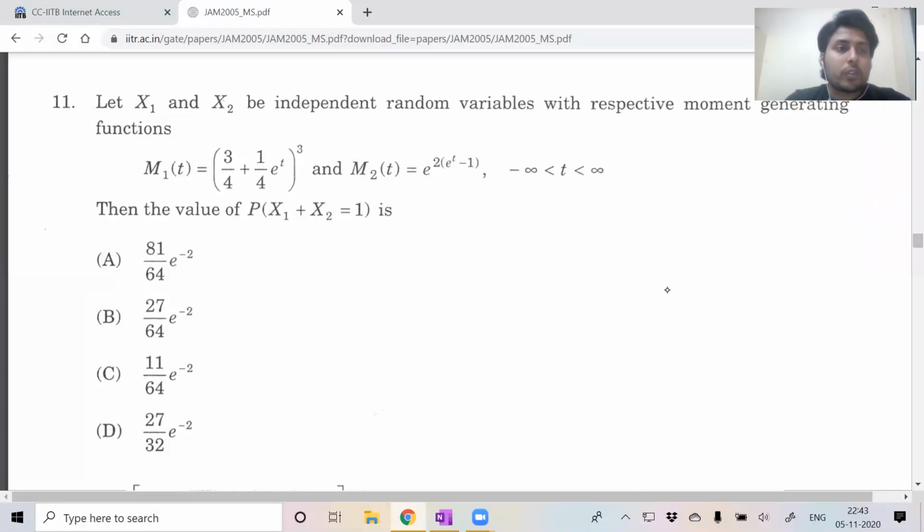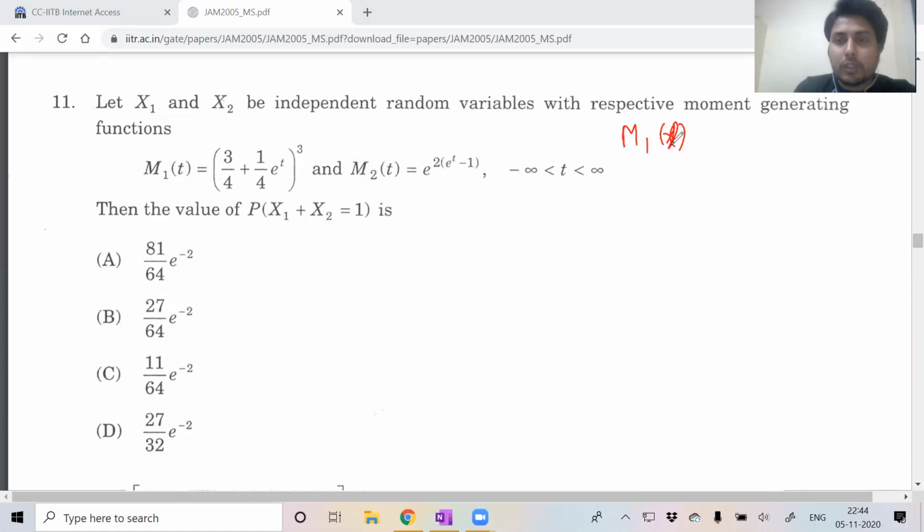Okay, so now let's solve question number 11 of JAM 2005 Mathematical Statistics question paper. Question 11 is: let X1, X2 be independent random variables with respective moment generating functions M1(t) and M2(t). Then find the value of this. If you recall, M1(t) is something like (q plus p e raised to power t) whole